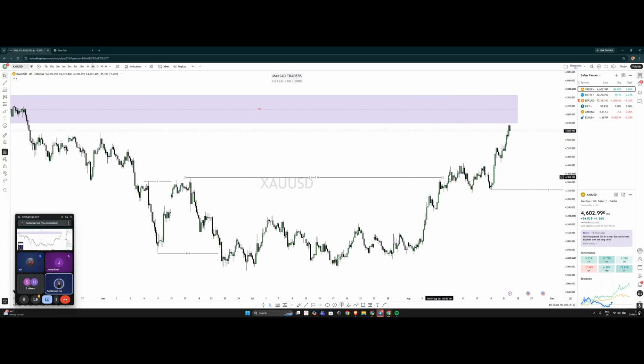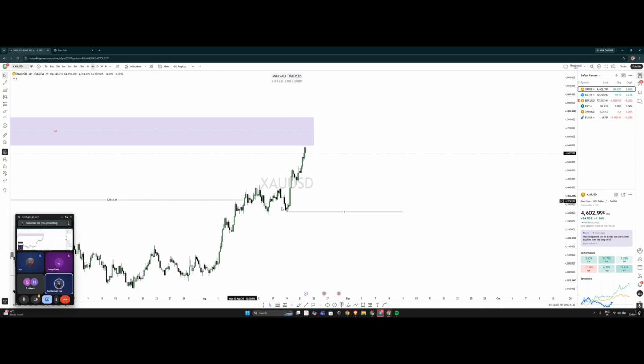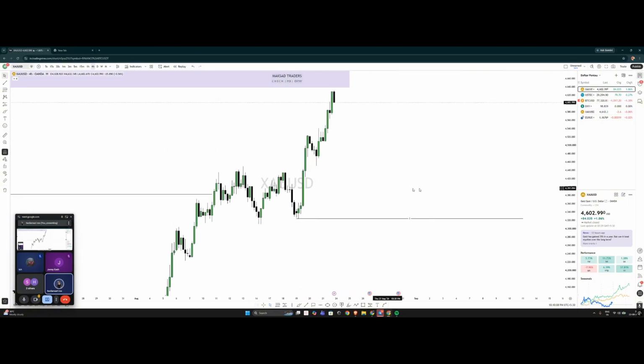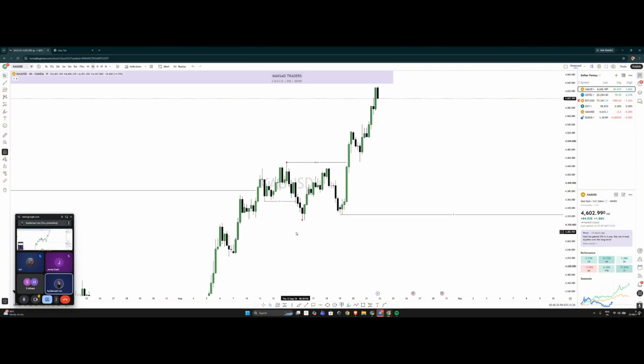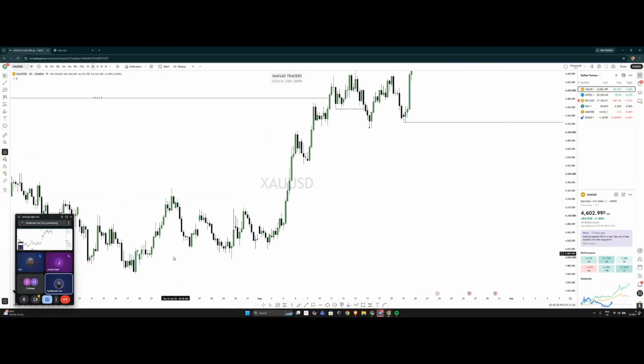So let's go to 4 hours. Looking to 4 hours seems to be interesting. So there we have our inducement. With that inducement, we have this break of structure. With that break of structure, our low is confirmed and our high is confirmed at this point. Now, where is the last break of structure? That was here, obviously, at this point.